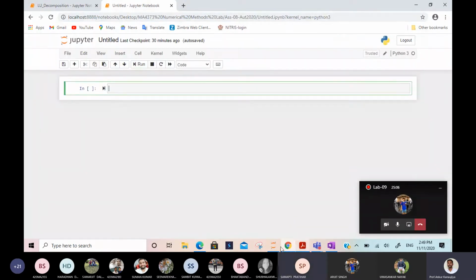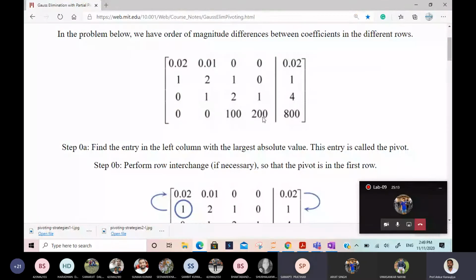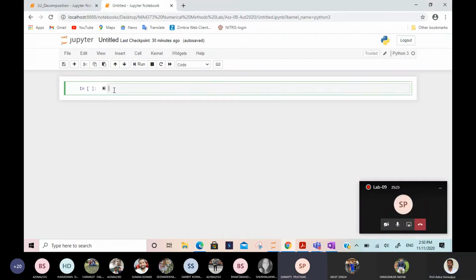So first I will write the matrix. This matrix I want to solve by using Gauss elimination or Gauss whatever method. So can you tell me how to write this matrix? What to write so that this matrix I want to write? A is equal to np.array. Okay, A equal to np. Anyway, I have to define np.array. Yes, so I will write that one also.